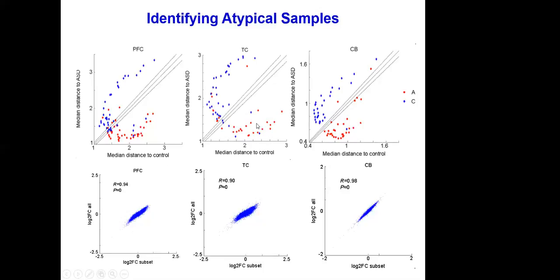Just like you define differential genes between autism and control, we define differential ChIP-seq peaks between disease and control, but we threw away these, what we call outliers. So we threw away the blue dots that lie over here, we threw away the red dots that lie on this side. And we said these blue guys here are the typical controls. These red samples here are the typical autism. And we're going to only look at differences between typical autism and typical control. So it changes the question slightly, but you're looking at the coherent subset, and it gives you a larger number of differential peaks between autism and control.